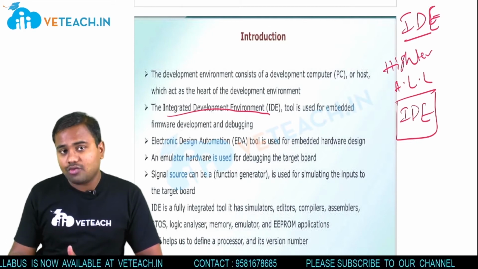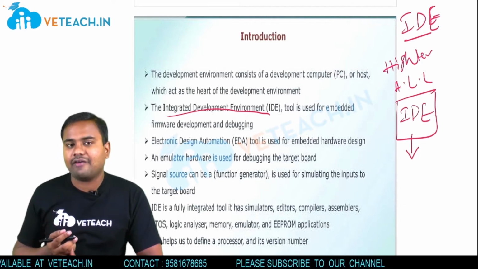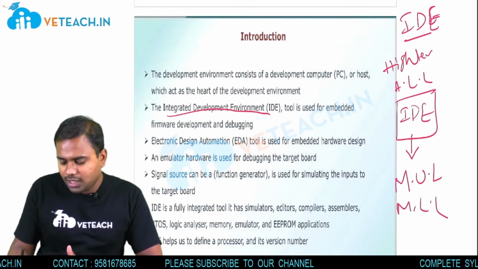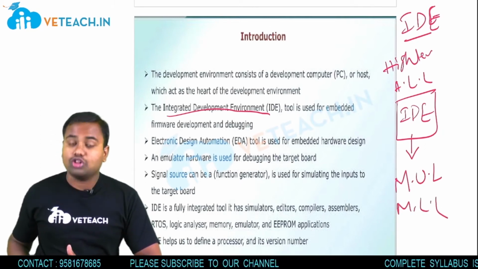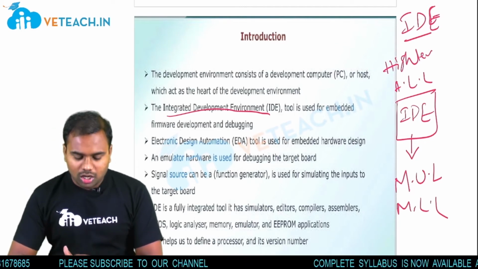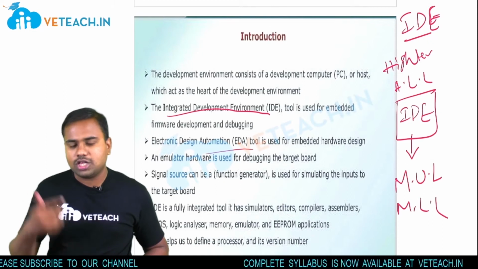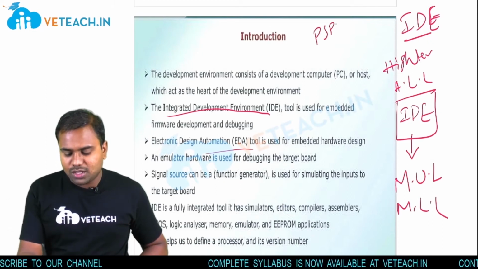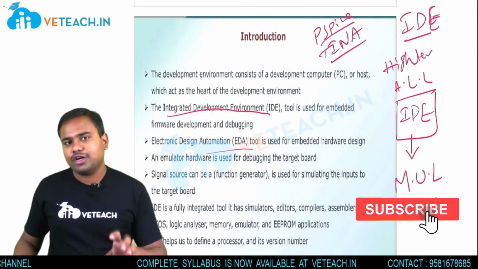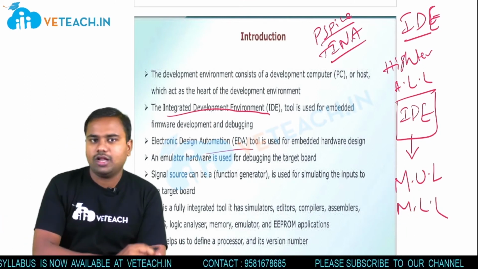This IDE tool will translate or convert our high level language to the machine understandable language. So we can simply say this is machine level language. This is one of the major parts in our embedded system development. Next, an electronic design automation tool must be there. We can see that in our ECA labs, just like the PSpice lab and the TINA lab. These are two different software tools for electronic design automation in simulator concepts.